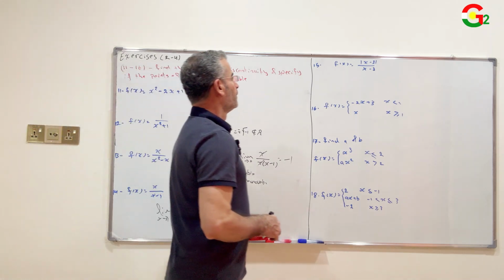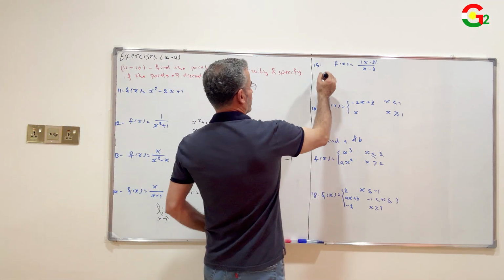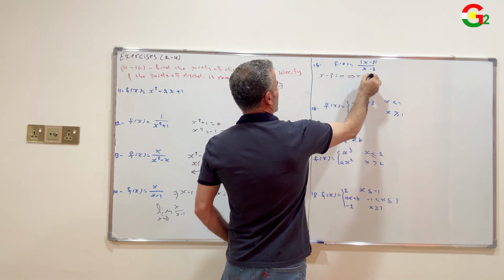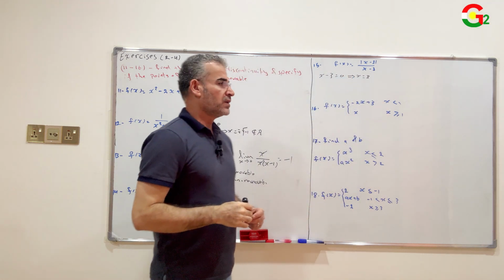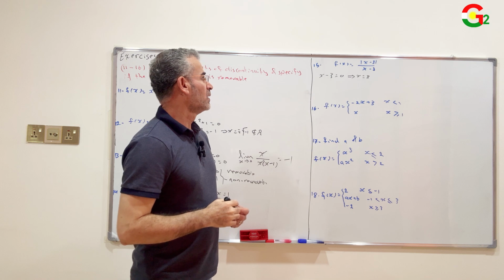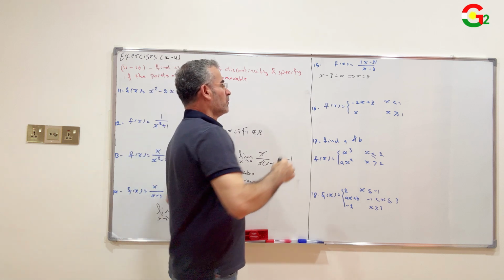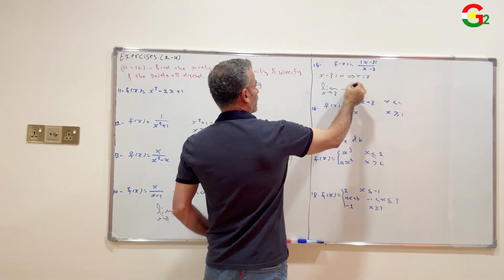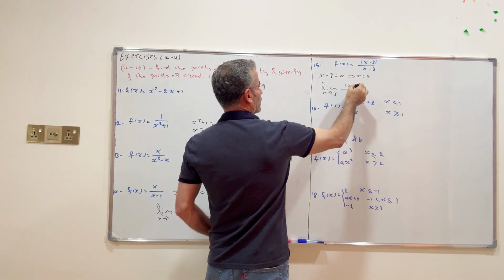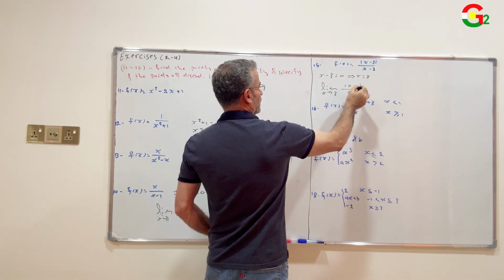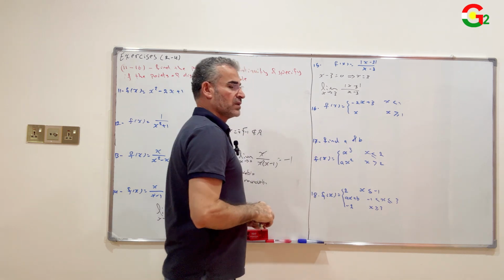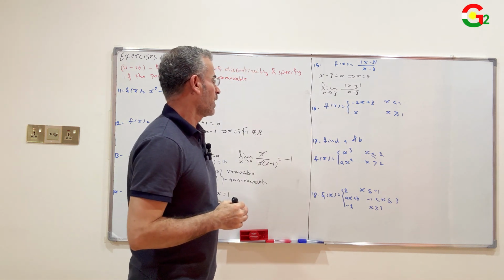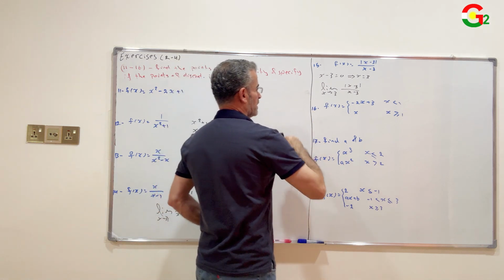Number 15, this function has a point of discontinuity when x equals 3, and this point is not removable because the limit when x approaches 3 for this function does not exist. It is negative 1 when x approaches 3 from left and 1 when x approaches 3 from right. Number 16,